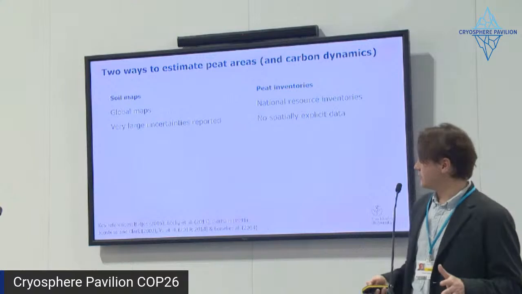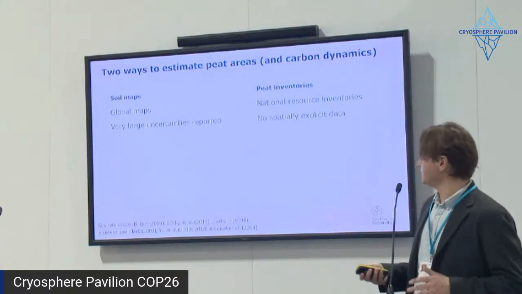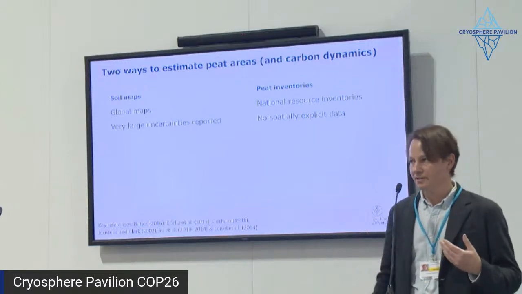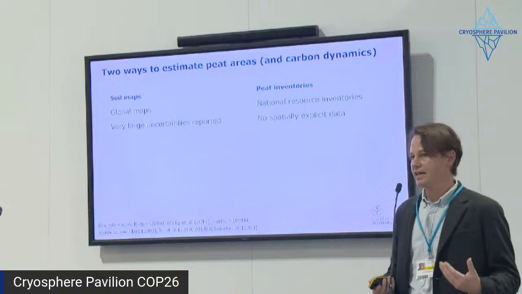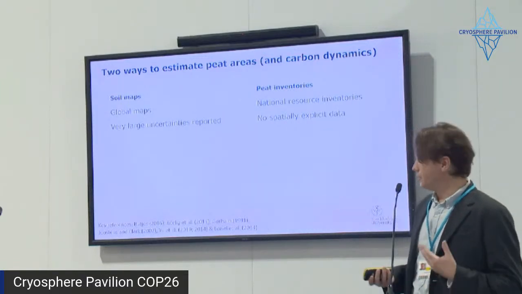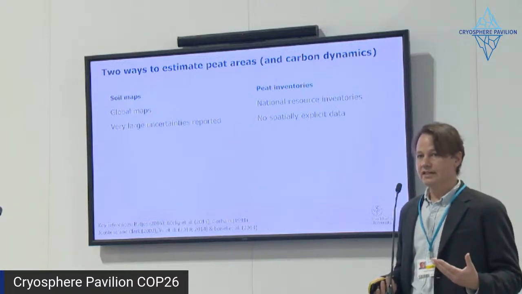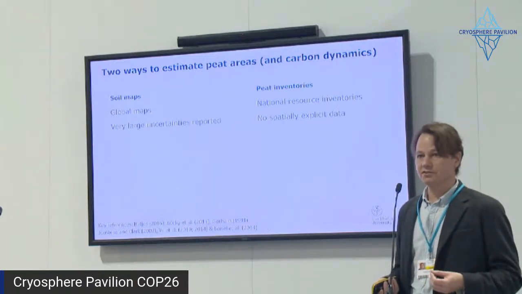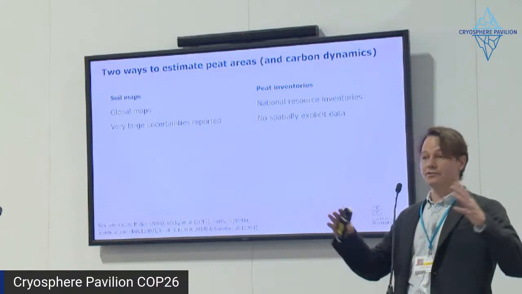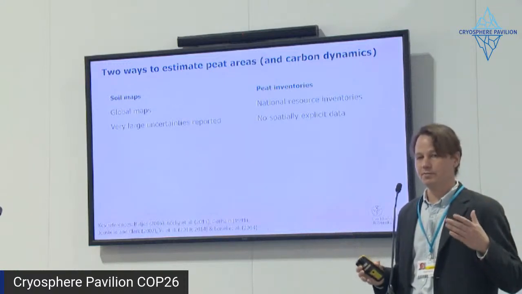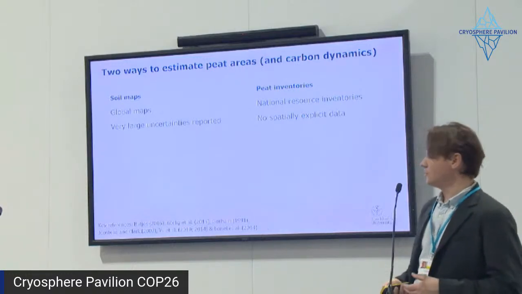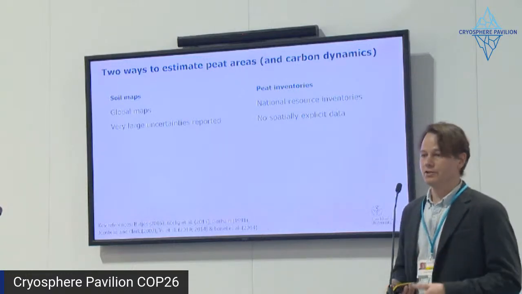So I already talked about this actually, but there are these two major ways to estimate peatland areas globally. And we really need to know peatland areas very well, and we need to know how much carbon is in the peatlands. We need to be able to scale the greenhouse gases somehow to get budgets for this. And the two ways we have to do this globally right now are either soil maps, which are global maps, and that report very large uncertainties in the extent of peatlands. And the problem here is that these are maps mapping all soils. They are not specifically targeting just peatlands to do the best work they can on peatlands, and they are very generalized. And the other way is then peat inventories, which are national resource inventories, usually tables, no spatially explicit data,